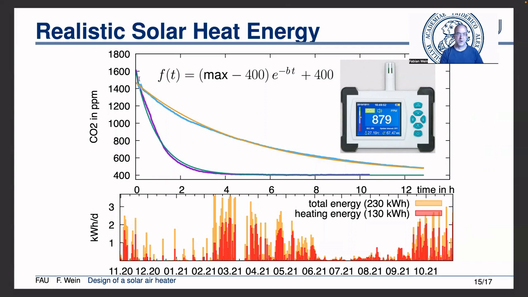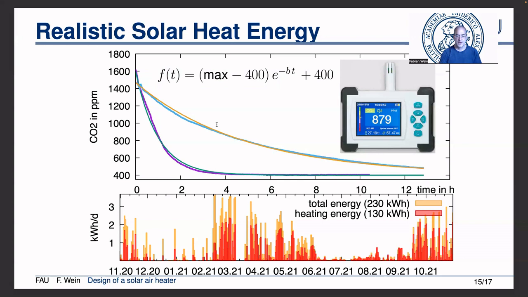And after leaving home, I fit the air exchange rate of my home with a simple Eulerian function and can directly obtain the air exchange rate. And from this I can recompute the airflow of the fan by the difference between the configuration with fan and without